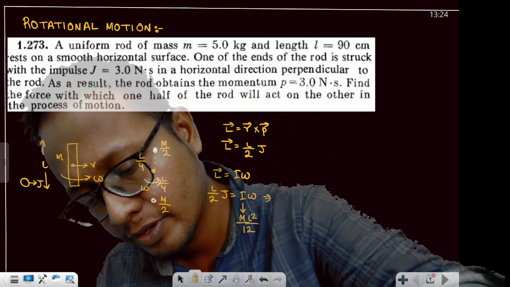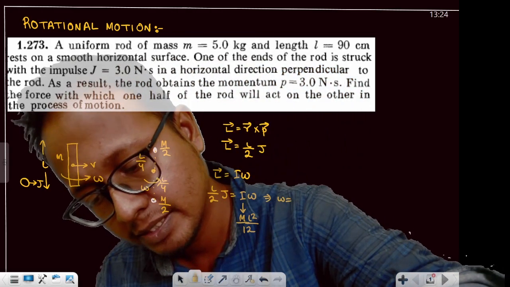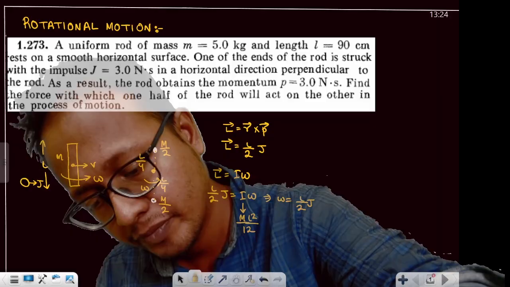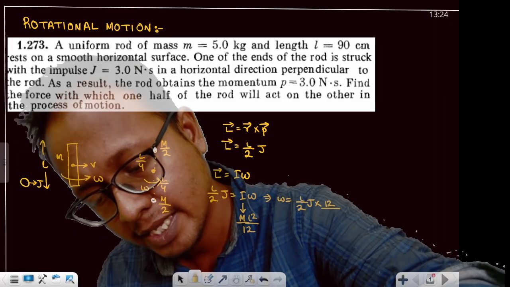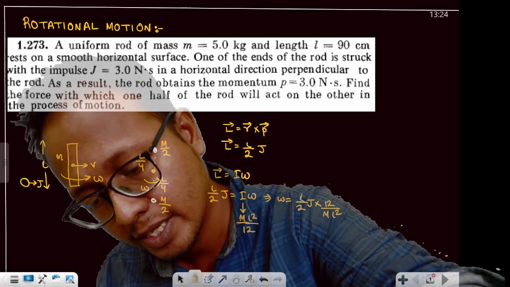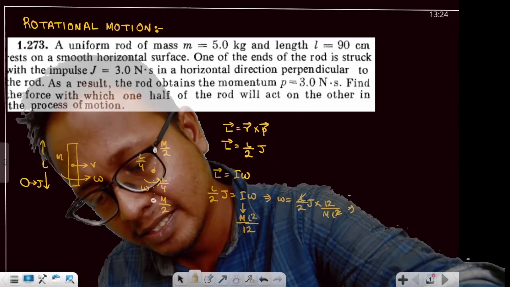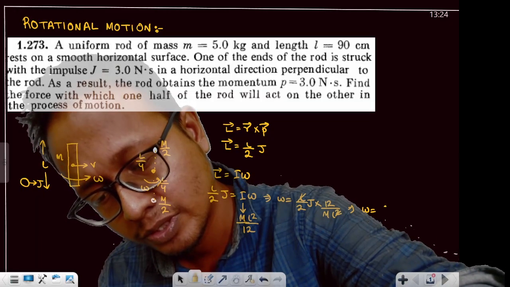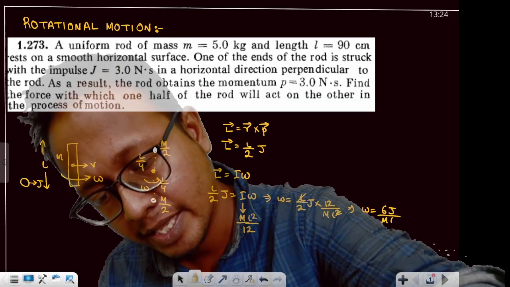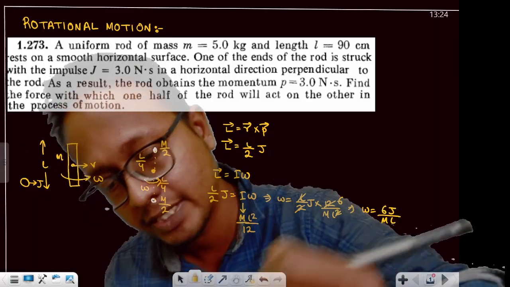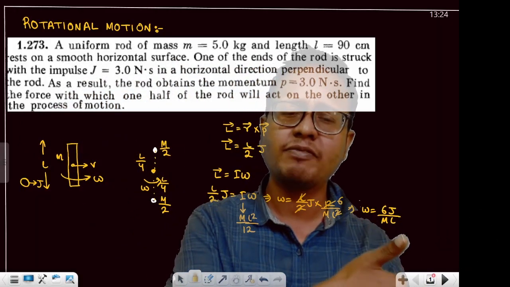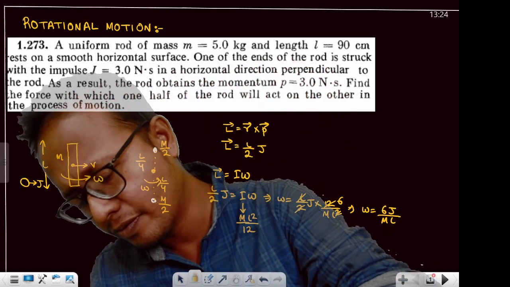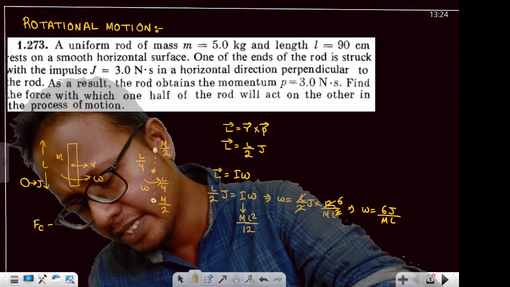So what is the omega? Omega is nothing but L by 2 J into 12 by mL square. L and L square would get cancelled. So omega is equal to 6J by mL, as 2 and 12 would get cancelled to become 6. Fair and fine. Once I find out the value of omega, the centripetal force at the center is nothing but